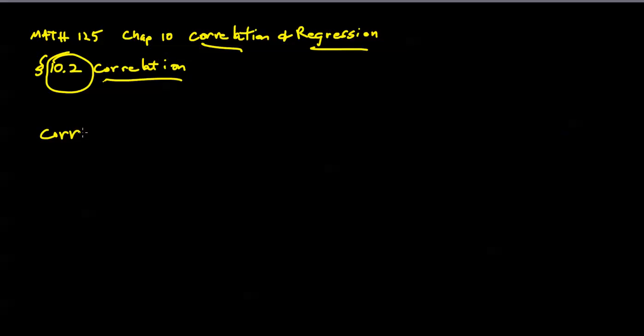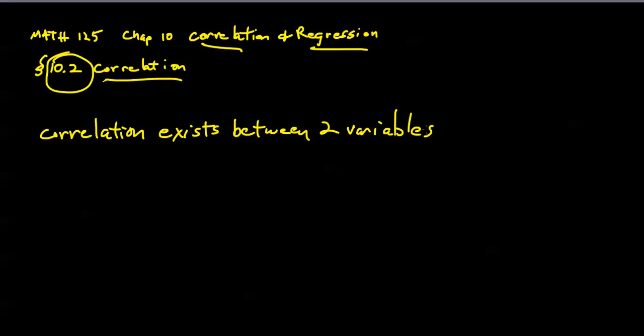Well, first thing we have to do is define what correlation means. A correlation exists between two variables. So we'll see our data sets here are going to be bivariate, or have two variables represented, in other words, paired data values. A correlation exists between two variables